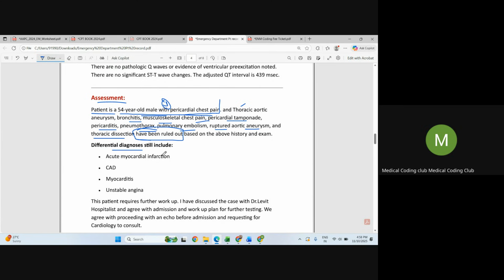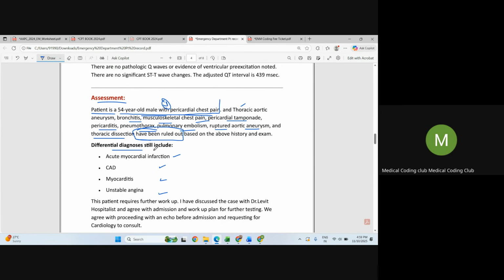Next, differential diagnosis still include. What is differential diagnosis? Please remember, whenever they document a differential diagnosis, you can't code them. But you need to understand there is a risk, there is a possibility, it could happen. So the chances of pericardial chest pain, the uncertainty of the chest pain, they are documenting